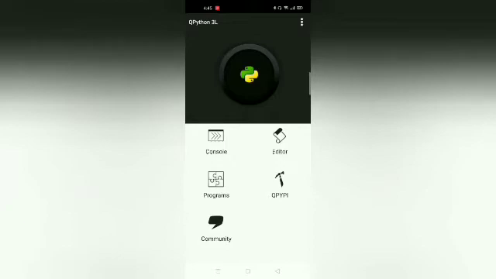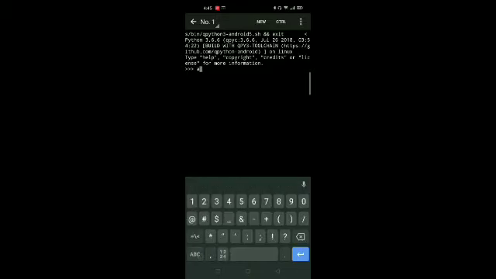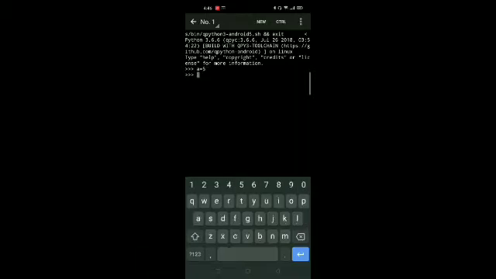Okay, now if you just want to write a single line code, so you'll just use console over here. Like for example, a equals to 5, print A. So it will immediately give you the result.